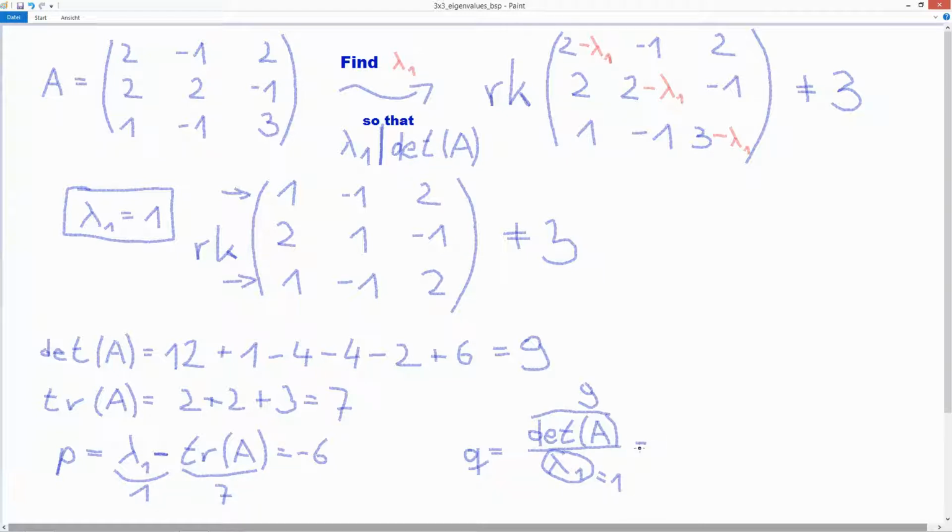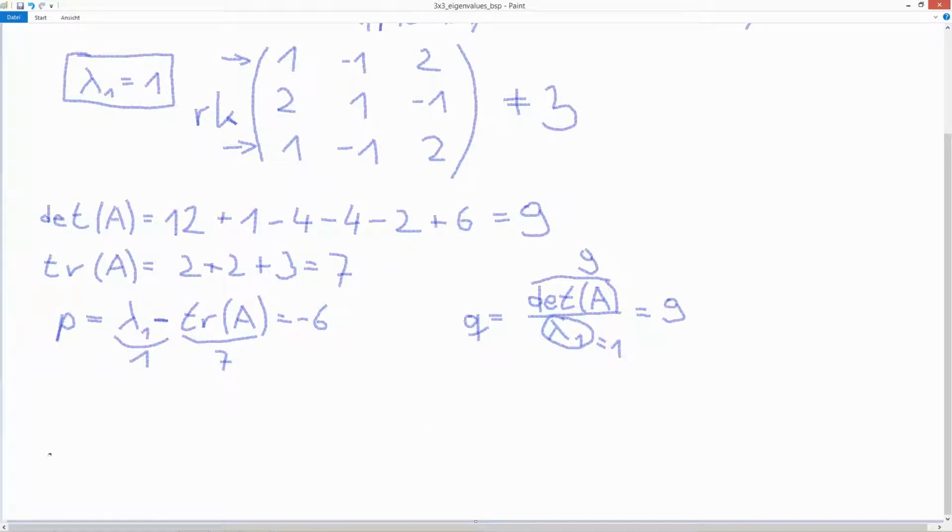So we get for Q the number 9. Now we will use these two values, P and Q, in the PQ formula, which you may already know from school. The PQ formula is this formula you use to calculate the zeros of a polynomial of degree 2. So we use these two values here, P and Q, in the PQ formula, and this leads to our other eigenvalues. So for lambda 2 and 3, we now get